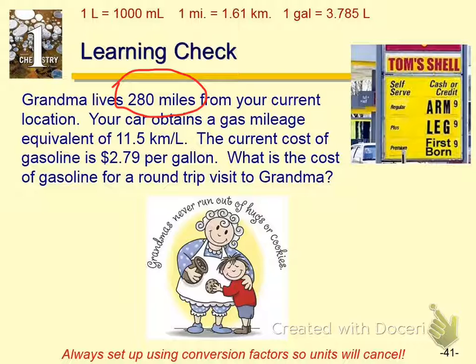So I'm going to put down 2 times 280. Now we got to use the 2 somewhere. It doesn't matter if we multiply by 2 at the beginning or at the end. We could figure out our dollars, that $29, and multiply it by 2, or we could just put the 2 in for the miles. Doesn't make any difference, okay? The order that we use the conversions doesn't make a difference. You know, we got to get the units to cancel out, but some of these problems that we do, you could change the steps around. Okay? What comes next?